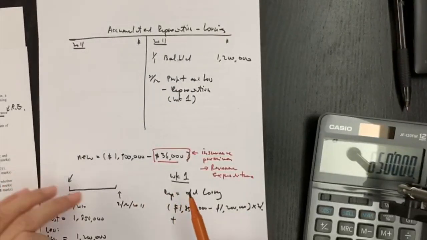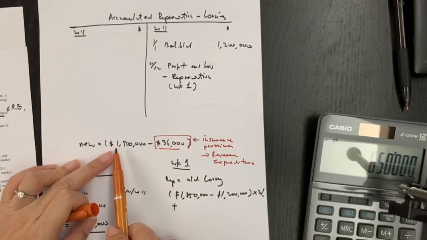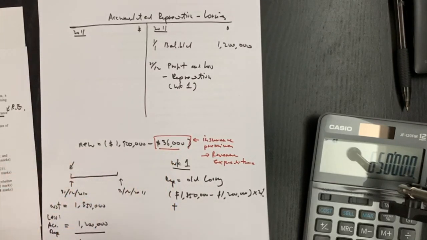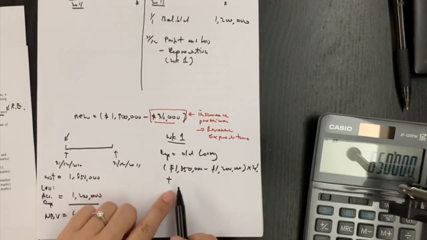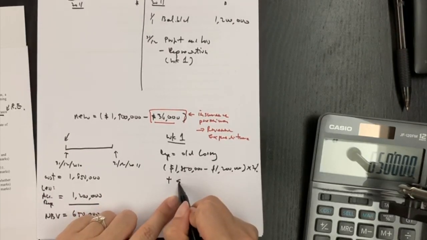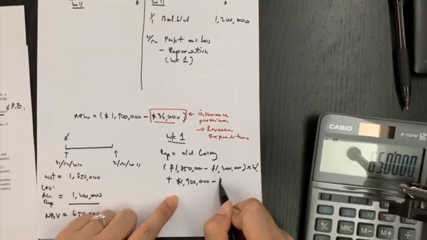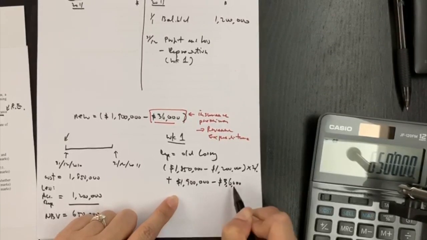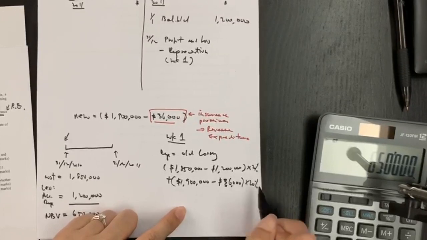So that's the adjustment: the cost of lorry should be 1.9 million minus 36,000, which should not be part of the costs of lorry. Okay, so therefore the calculation for the new lorry simply will be, this is the purchase price excluding revenue expenditure,